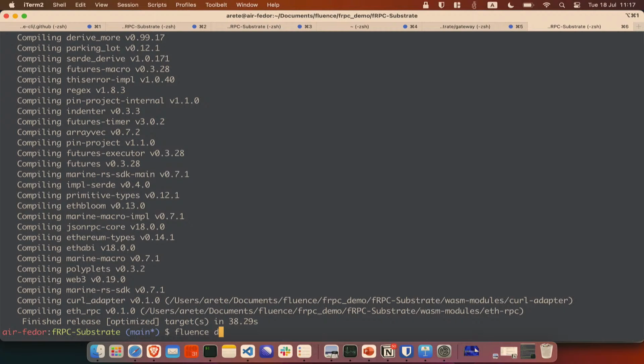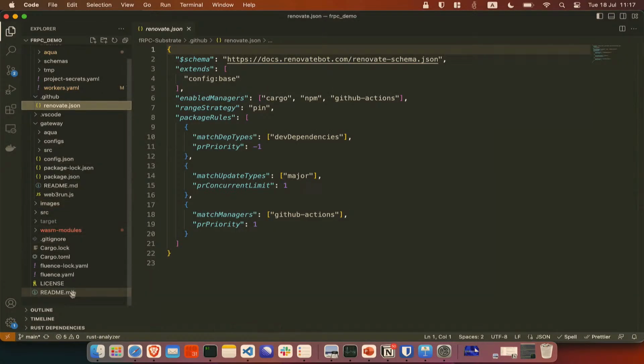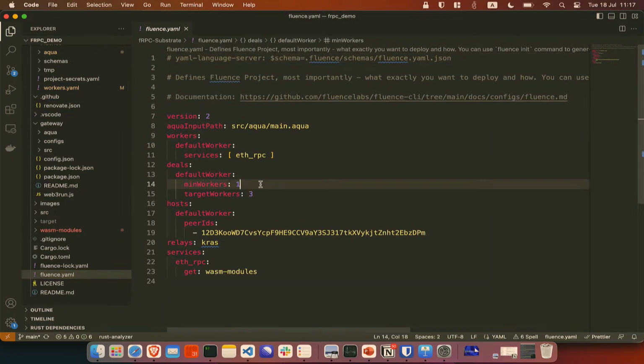A deal is a special object that appears on chain that allows our testnet to see what code you want to put into the network, and our nodes of the testnet download it and install it on the necessary amount of machines. So as you can see, we can specify the amount of workers we deploy on the network.